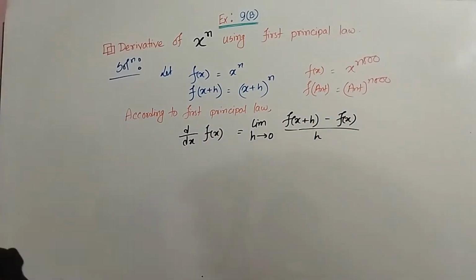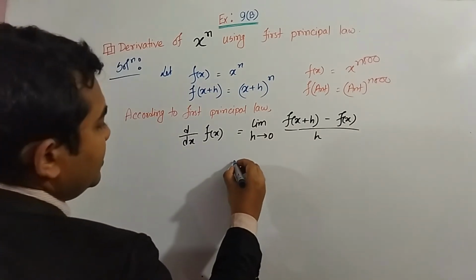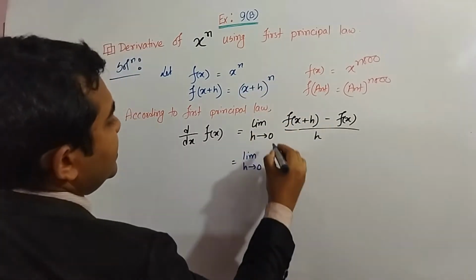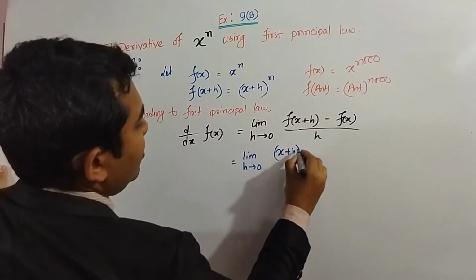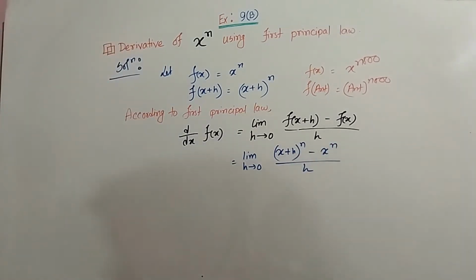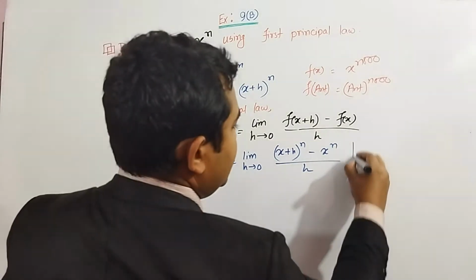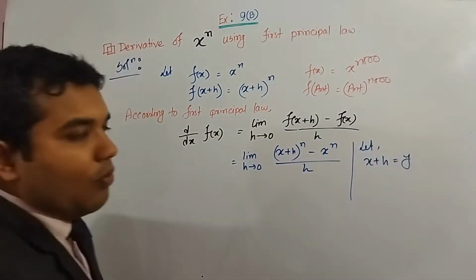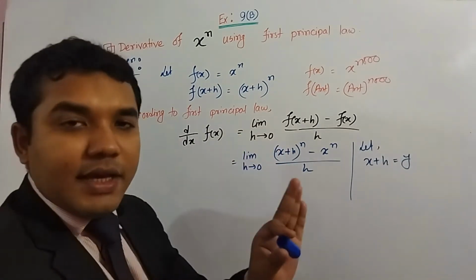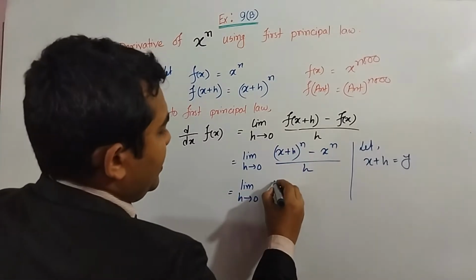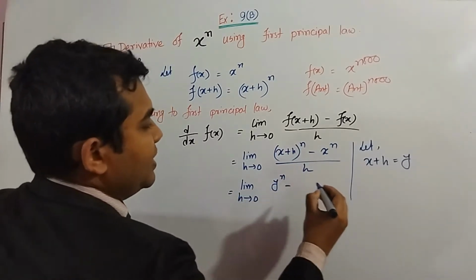So if we put the values of these two, then we can write limit s tends to 0, x plus s whole to the power n minus x to the power n, divided by s. Then what can we write? Here, we make an assumption first. Let us assume that x plus s is, say for example, y. If x plus s is y, then what can we write actually? Limit s tends to 0, here is y to the power n, minus here is x